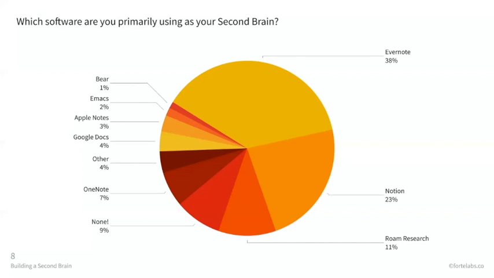You see there's sort of a quick drop off, still a significant amount of people, but almost 10% of people aren't using anything. They're coming into this new, which is awesome. Microsoft OneNote is always just kind of there. It's been around forever. It's installed by default on 1 billion computers worldwide. So it's a significant number. And then other, Google Docs, Apple Notes, Emacs, Bear, and then there's actually not even on this graph, probably 3 dozen, if you can believe that, between 2 and 3 dozen other note-taking apps